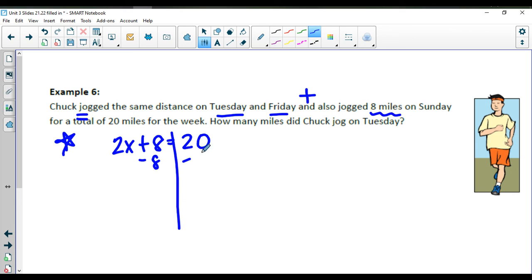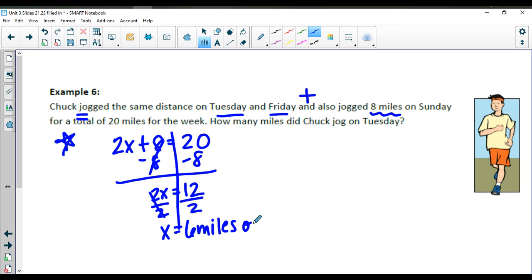So if we subtract the 8 on both sides, we get 2x equals 12. Divide by 2, and we get x equals 6 miles on Tuesday. So he also would have jogged 6 miles on Friday as well, and then the 8 miles on Sunday for that